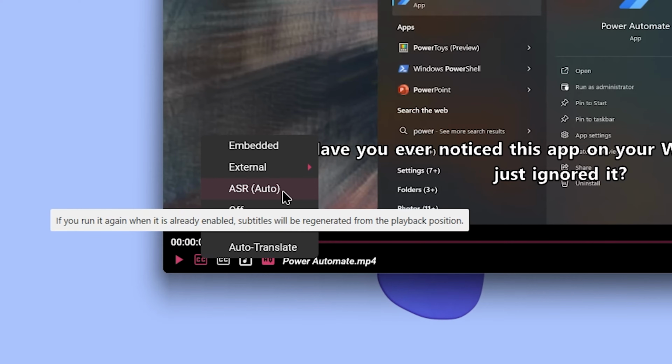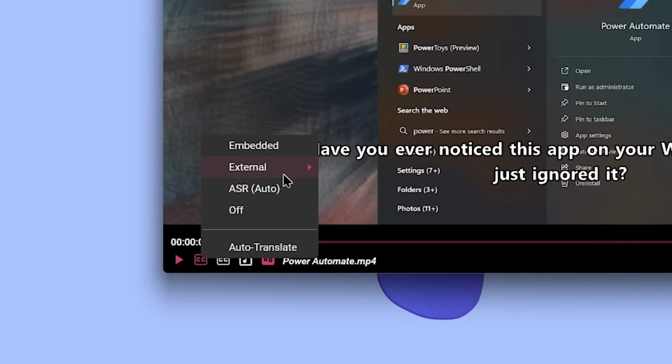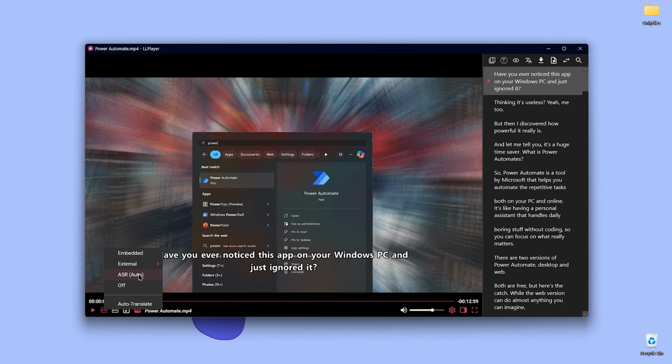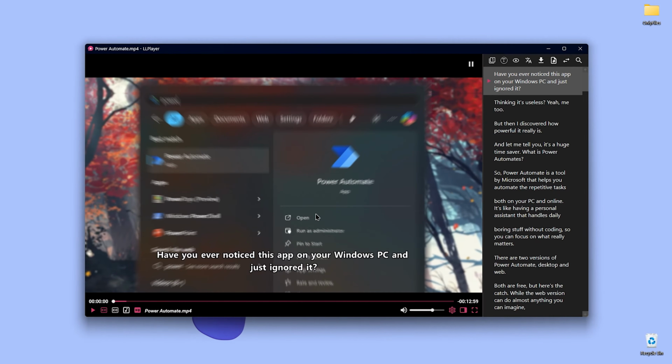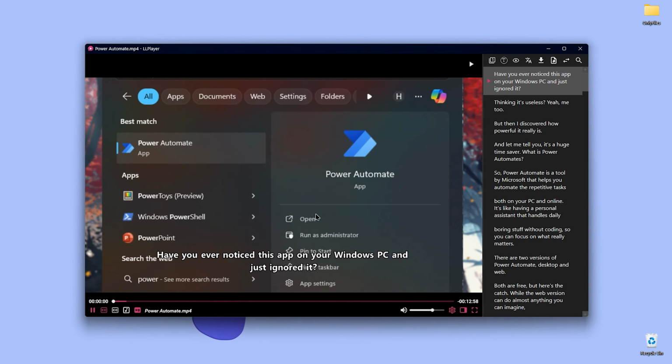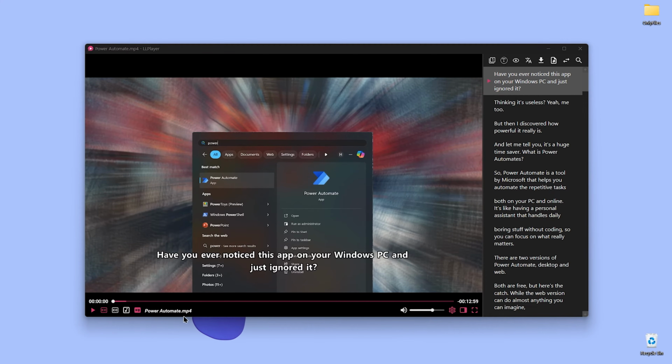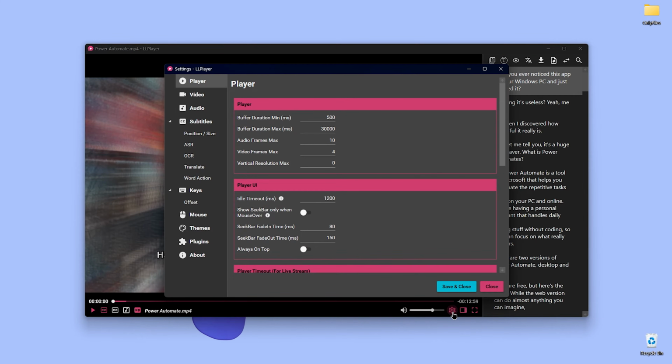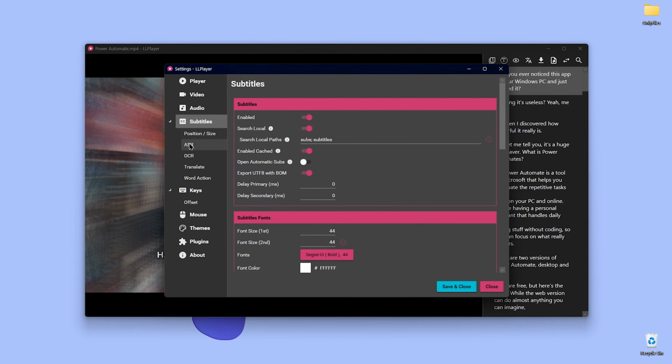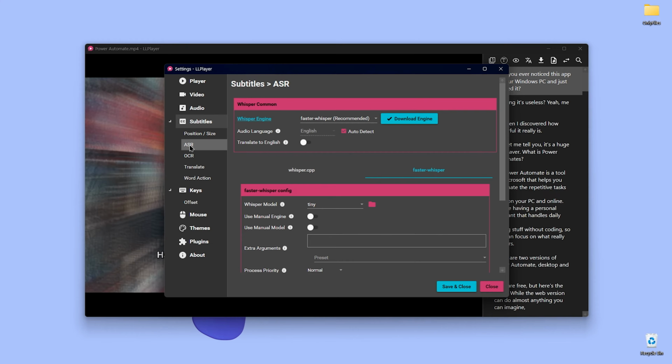And then there's ASR, which is the cool part because it makes subtitles using local AI on your system without adding much load, by transforming about 1 minute of video while you watch. So if you want to use it, first you have to download and configure the settings related to ASR. To do this, click here to open settings, click on subtitles, and here select ASR. There you can select the AI engine you want your subtitles to be translated with. There are two options,